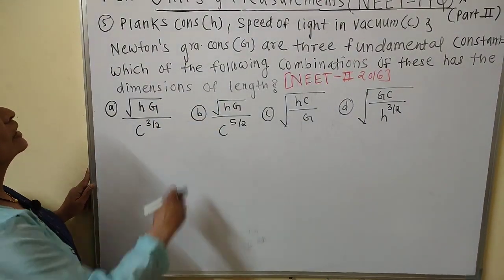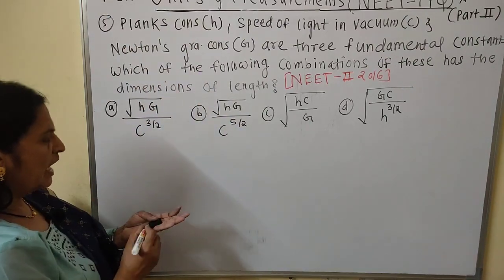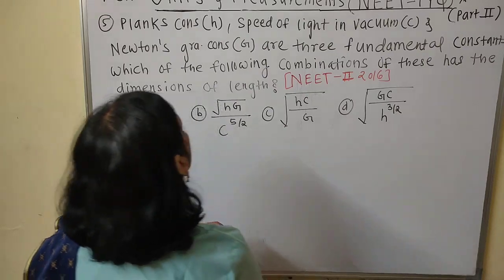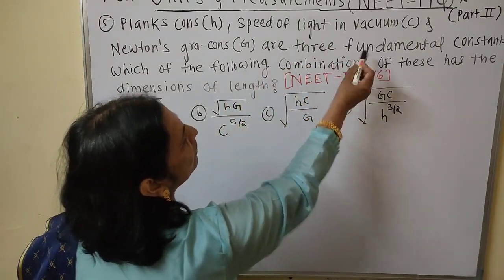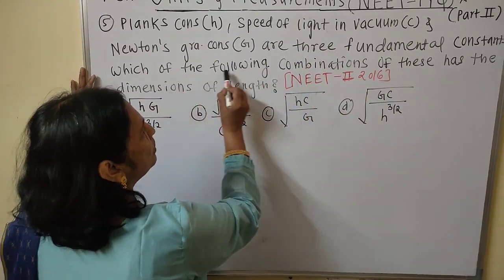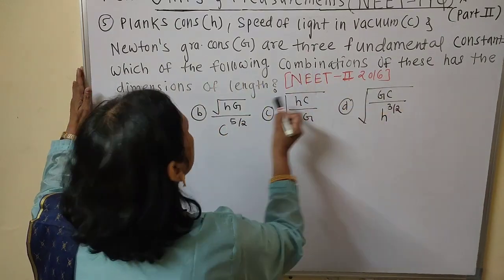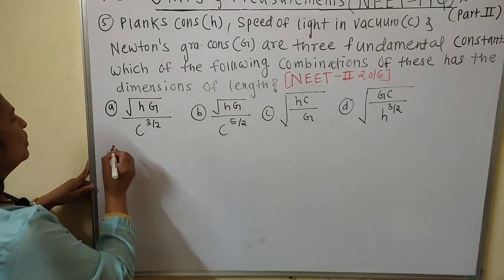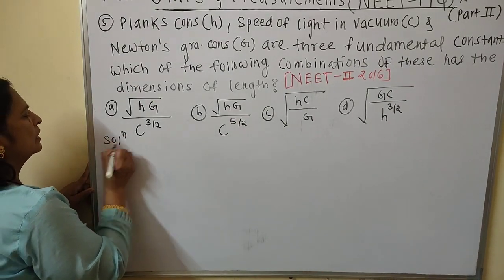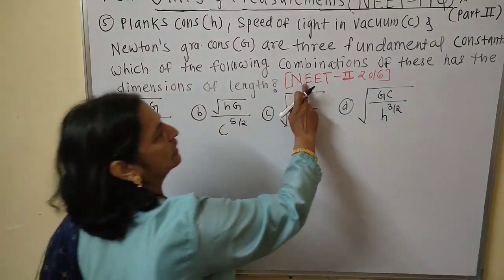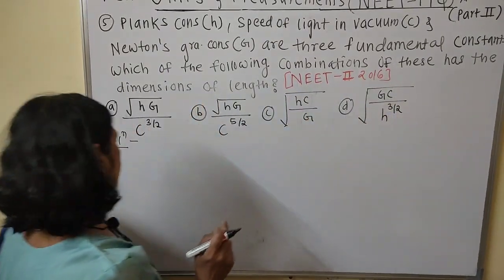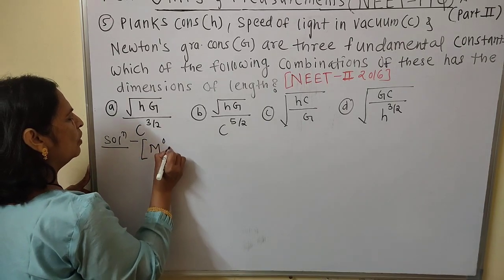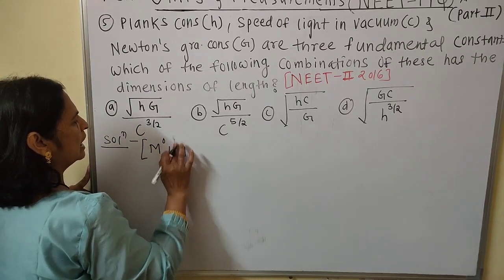Next, Planck's constant h, speed of light in vacuum c, and Newton's gravitational constant G are three fundamental constants. Which of the following combinations of these has the dimensions of length? Again same type. Now solution. NEET 2016. Okay. Now dimension of length, that is M^0 L^1 T^0,